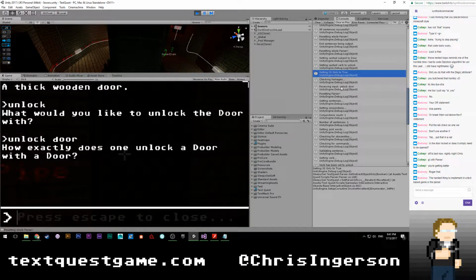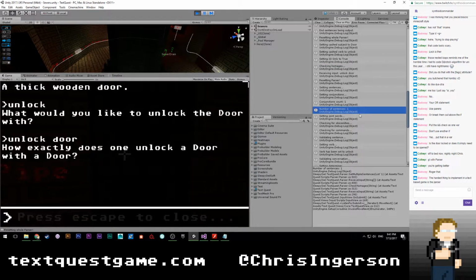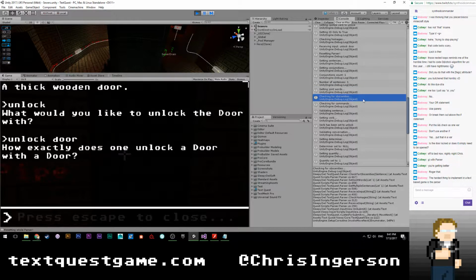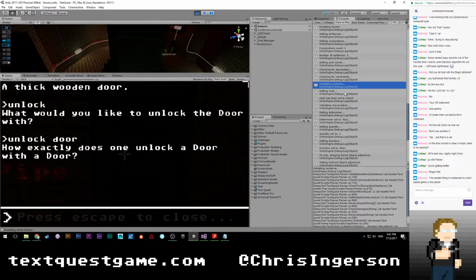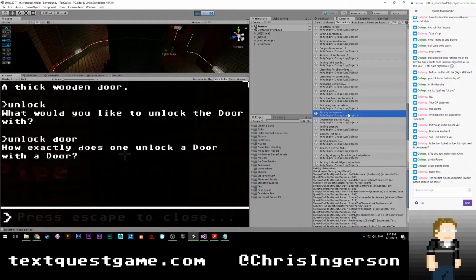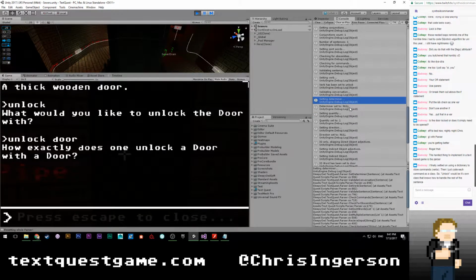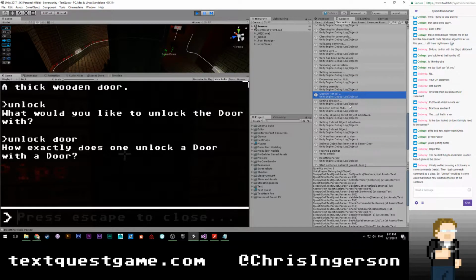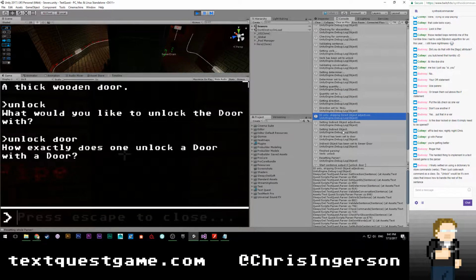So we go through checking homages, receiving input, unlock door, resetting parser, setting cutscenes, setting sentences, setting conjunctions. Conjunction counts 1. Number of sentences, there's only 1. No joint words, no obscenities, no commands, validating the sentence, setting the verb. Verb has been set to unlock. Validating conversation, setting determiner, no determiner, setting quantity. Quantity is set to 1. Direction, IO only. This is the problem. See. Okay.